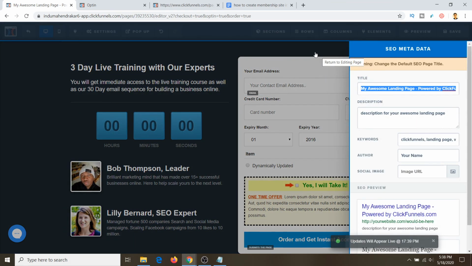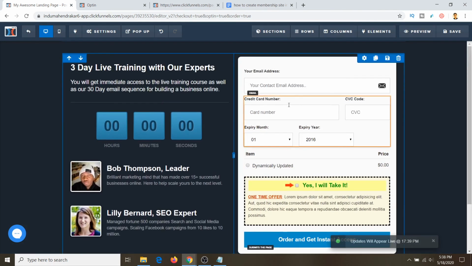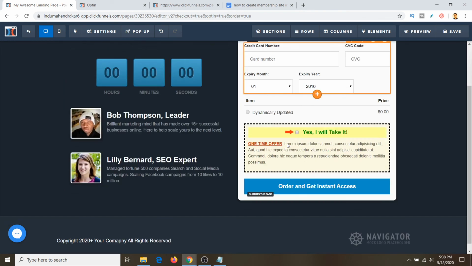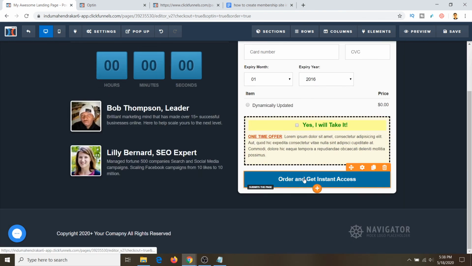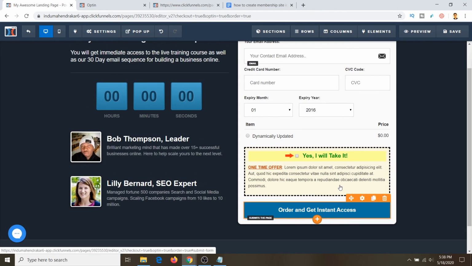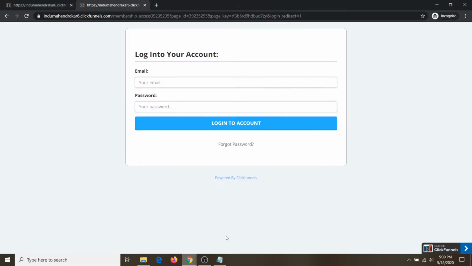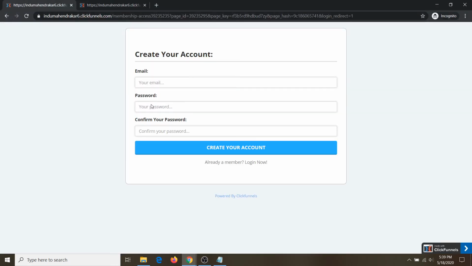So anybody coming here and putting in their contact information and credit card, once they click on get instant access, they will be redirected to this page. And they are also going to get an email saying thank you for your purchase. If anything goes wrong, you can always access your course with this link.